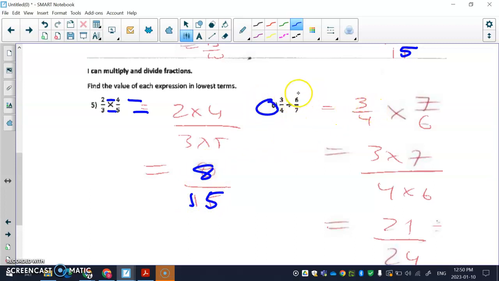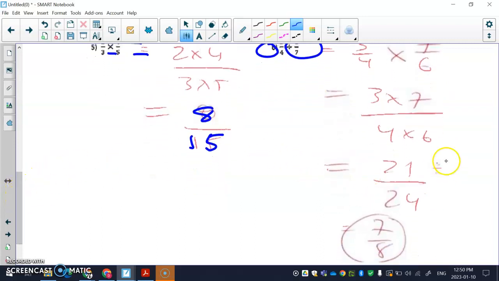So number 6, the way to divide is to flip this guy. You multiply by the reciprocal, we call it. So you say 3/4 times 7/6. So you flip this guy over. Okay, so you flip it over, and now I have 3 times 7 is 21, and 4 times 6 is